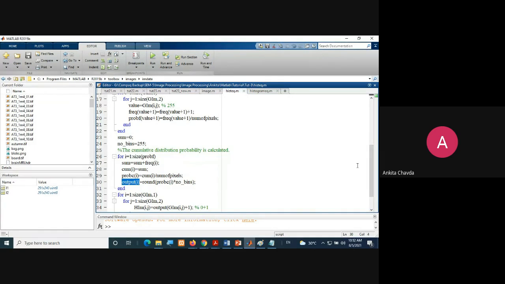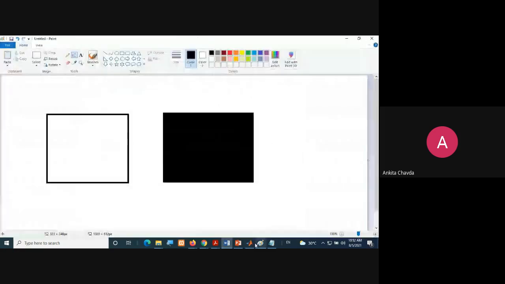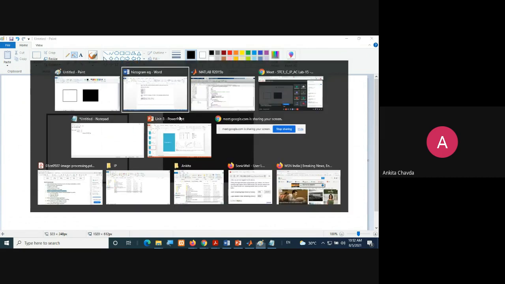Now what you need to do is, again you need the 2 for loops, right? Because you want to put that into your output image. Now you are simply plotting your new intensity values, right? So your image will be simply enhanced, right?